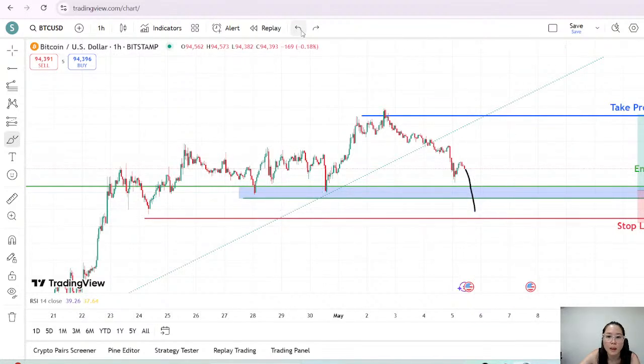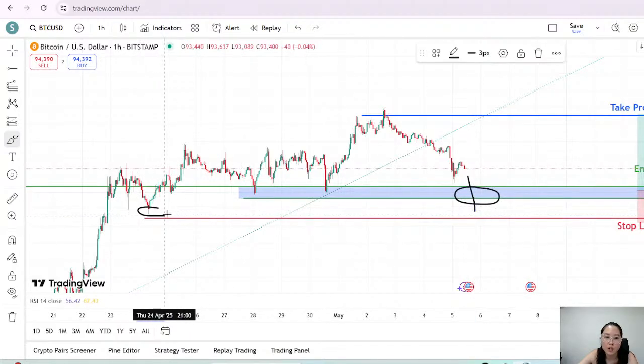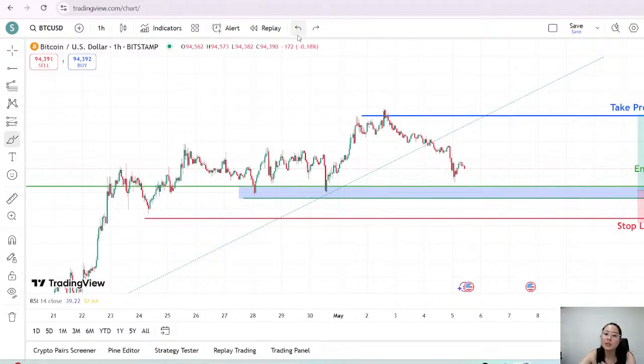Ideally, that's what you want to happen. So even if I'm wrong here and price wants to go down just that little bit more to test this area instead, at least my stop loss is below it and I might miss it. But if my stop loss is still hit regardless, then that's okay. That means my idea was just wrong, entirely wrong, and that's okay, right? You don't need to be correct all the time. You just need to be correct enough times to be profitable, if that makes sense.